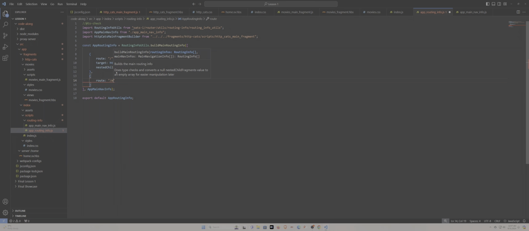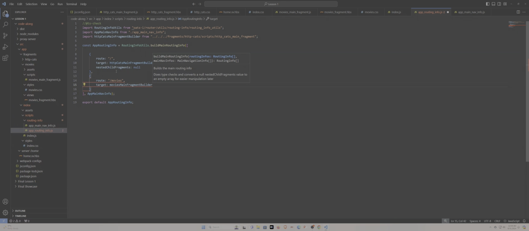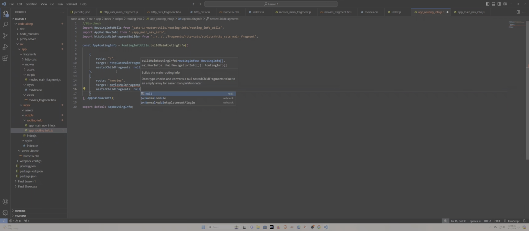And our route in this case will be movies. Then our target, where our rendering will basically begin, will be the movies main fragment builder. And then finally, nested child fragments will be null because we don't have any nested views that we want to render as their own